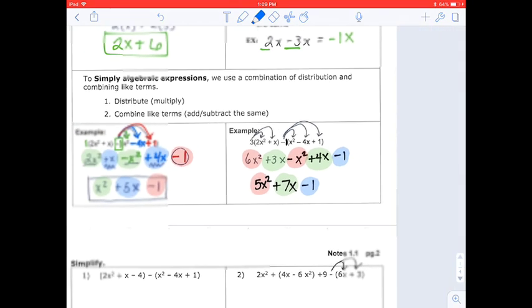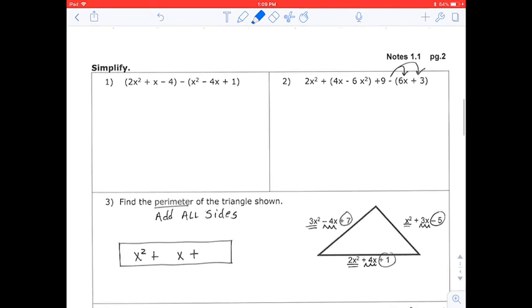Math department to Ms. Pye's room. Teachers, if you haven't picked up your red